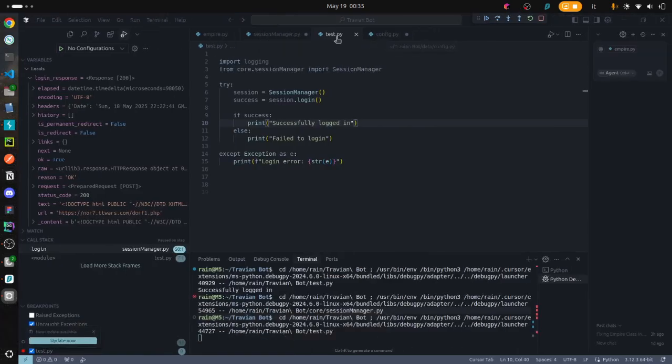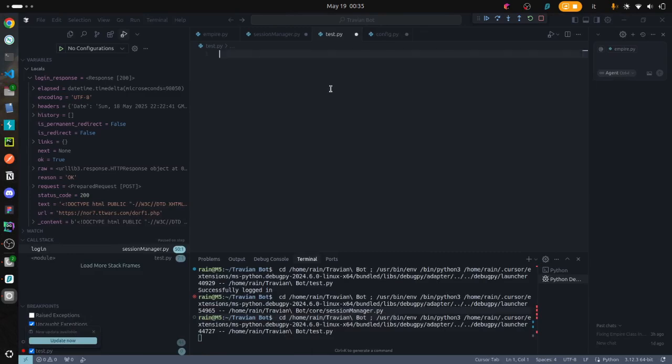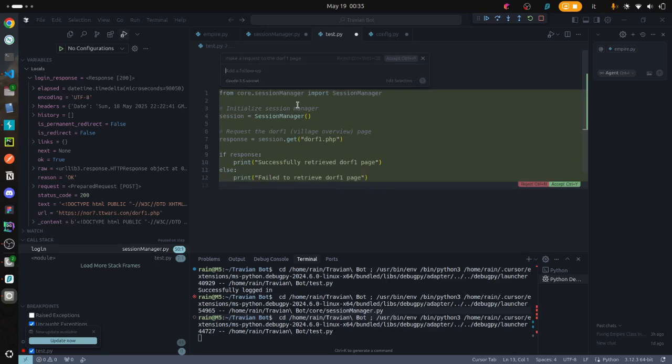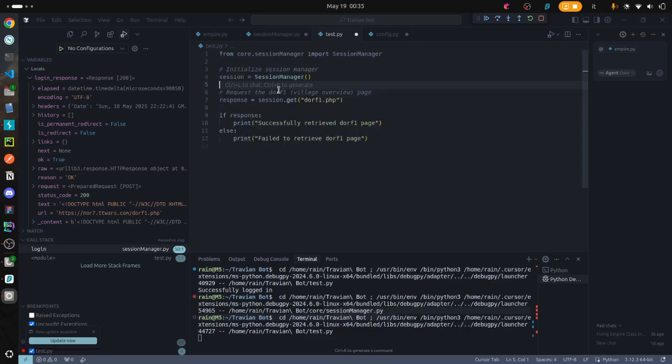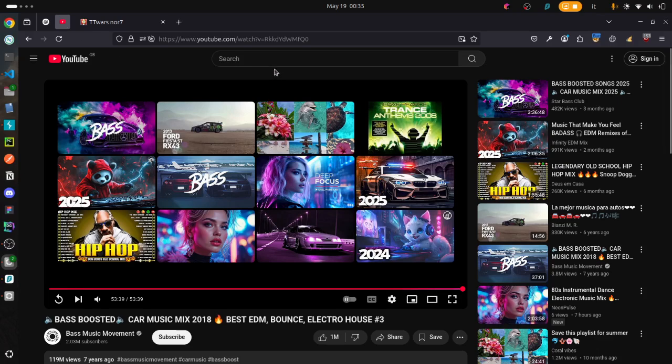Okay, let's try it. Make a request to the dorf1 page. Session manager, as you can see, it's initialized with no parameters, and then we get the first page. And hold on a second, I need